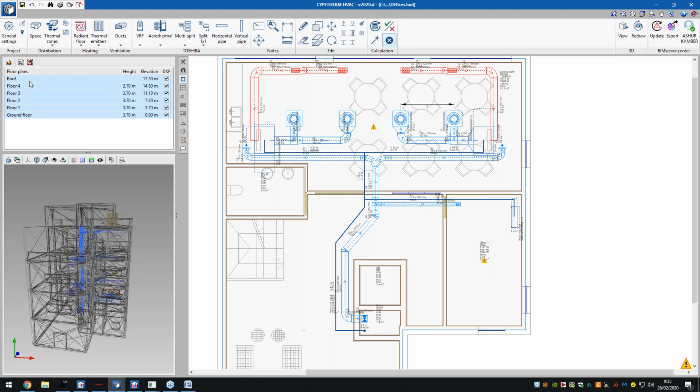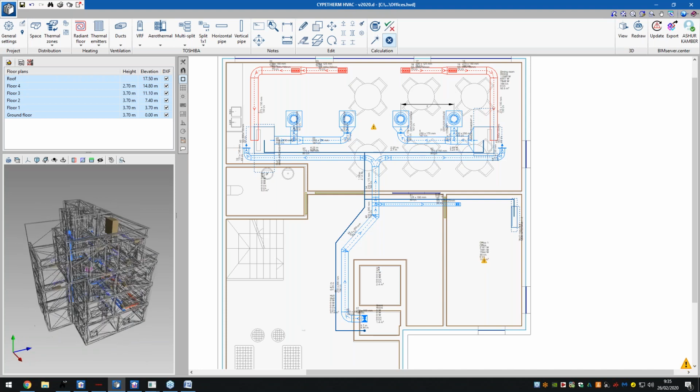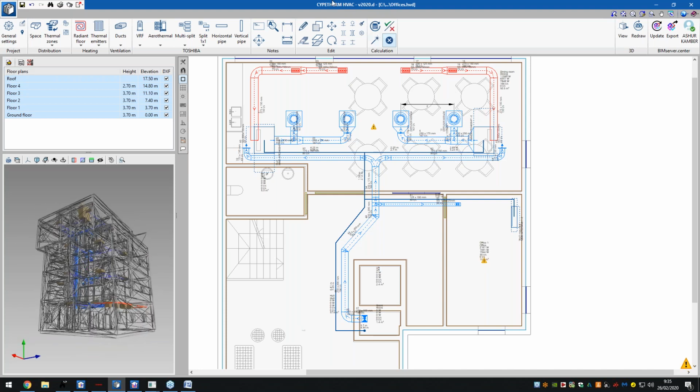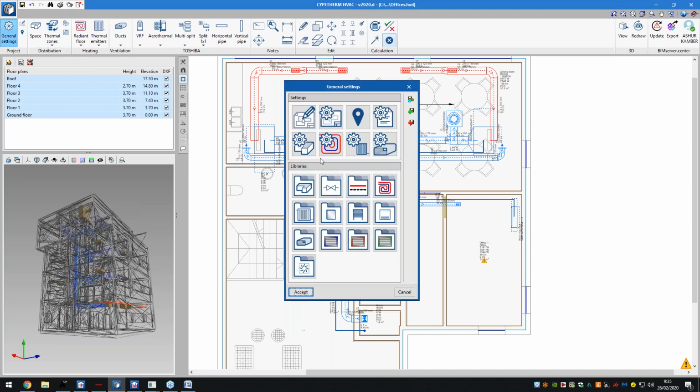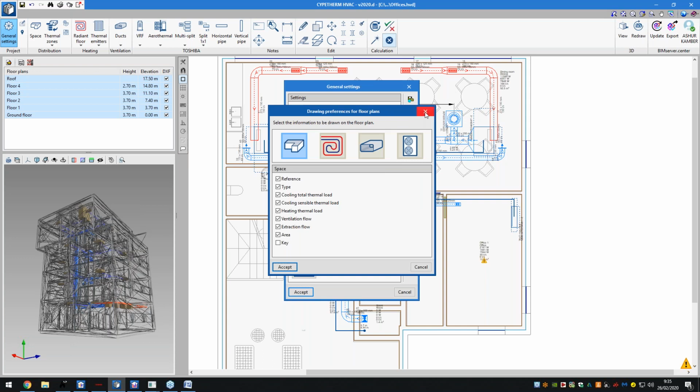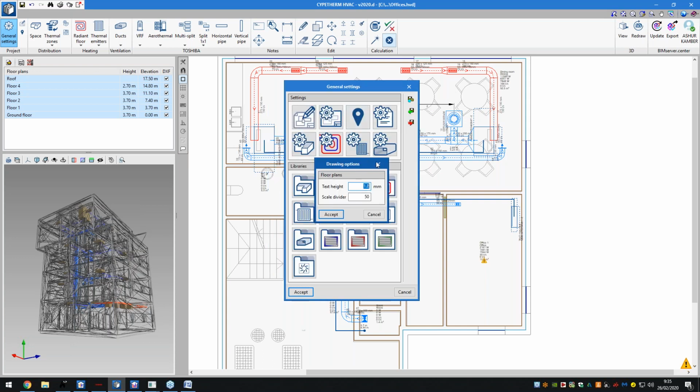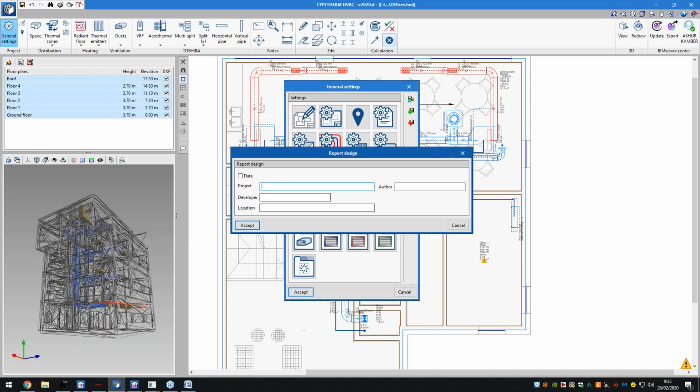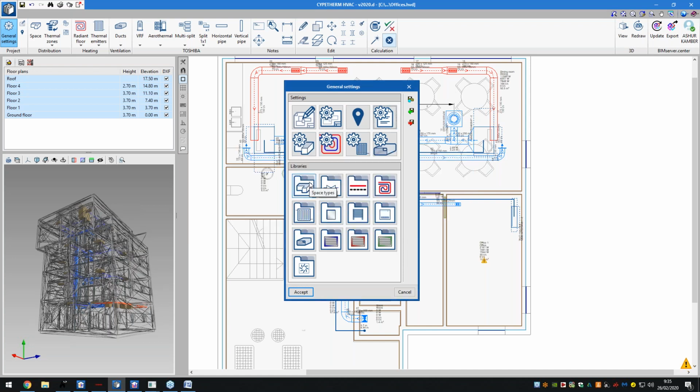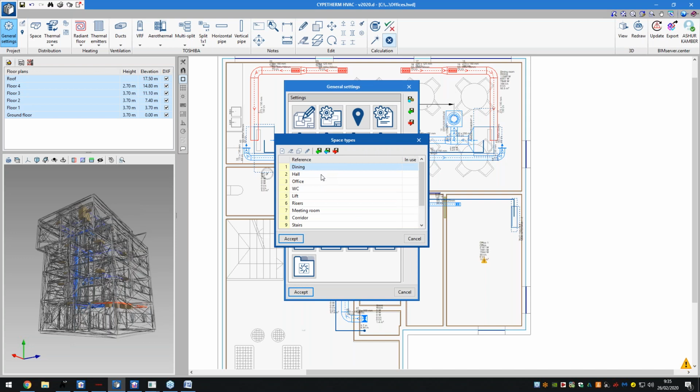So again, our 3D model here, our floor selections, our general settings as well that we'd start off with. And you can see here the same project, but that's been defined with our Site-Therm HVAC model program. So again, we define those general settings. These general settings look at, of course, reference drawing plans, location data, external conditions, etc., report designs, and of course, our libraries. So all our different spaces, you might remember,